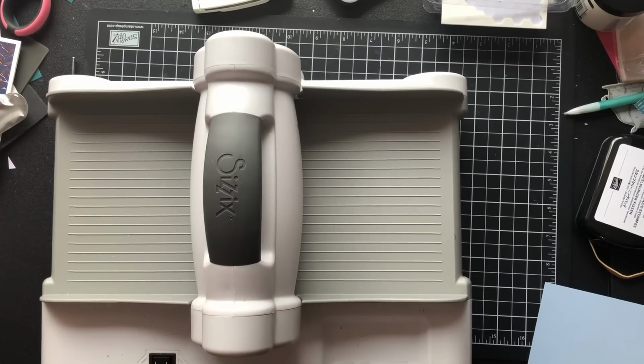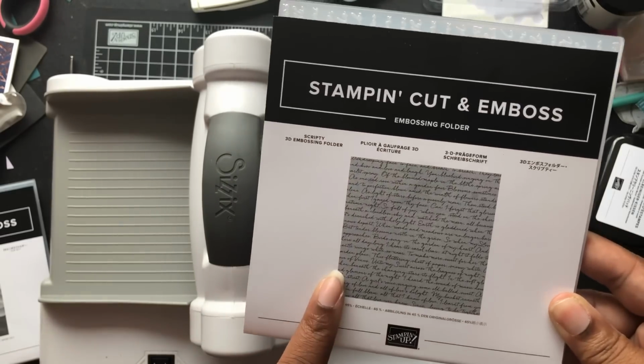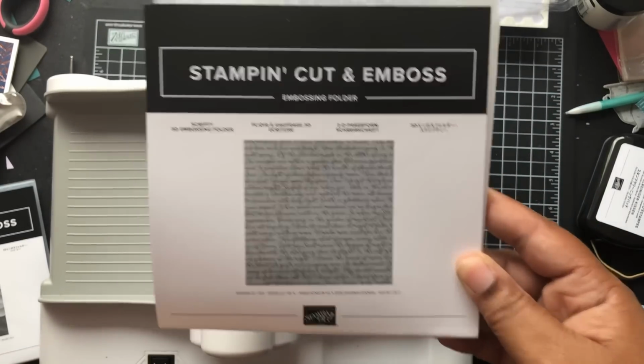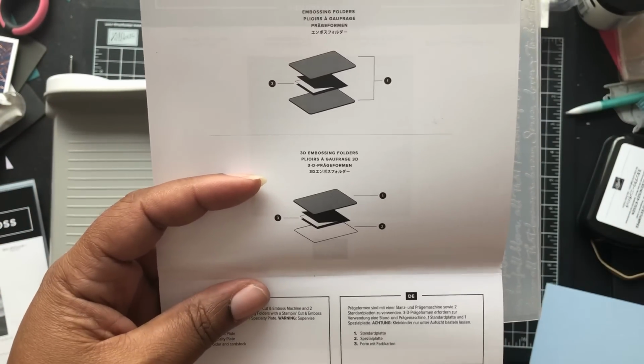So when I pulled it out and I started working with it, where's the embossing folder that I was using? Okay, I started off with this scripty 3D embossing folder. I love this embossing folder. It is so pretty, so elegant. I just love it. So I pulled out my instructions here and I'm looking at it and I'm like, okay,